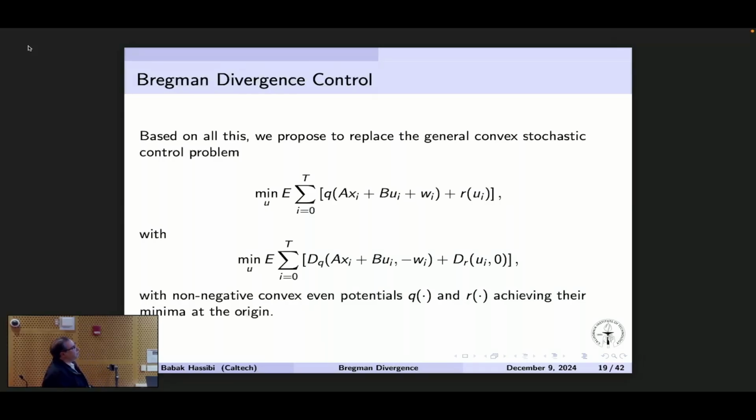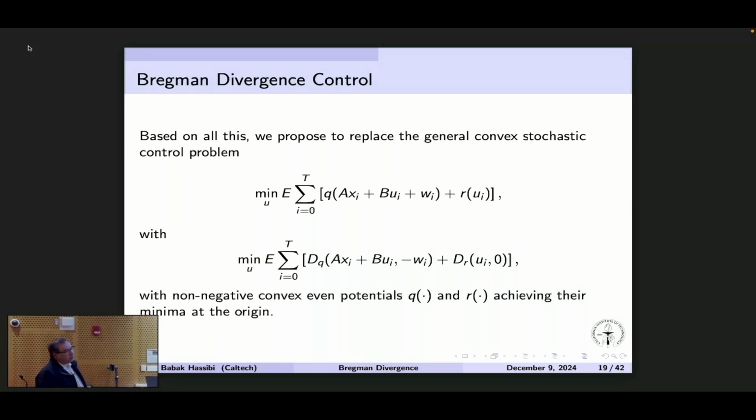This is just this. But this term I've changed quite a bit. So rather than minimize the convex function at this, I'm going to minimize the Bregman divergence between this and that. And note that this is 0 when the difference of these, which is the next state, is 0. So I am penalizing the next state, but I'm penalizing it in this fashion. I'm putting all the deterministic stuff to the left. I'm putting all the random stuff to the right. And this is really the key.